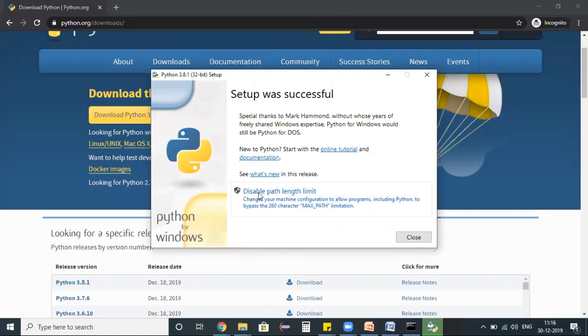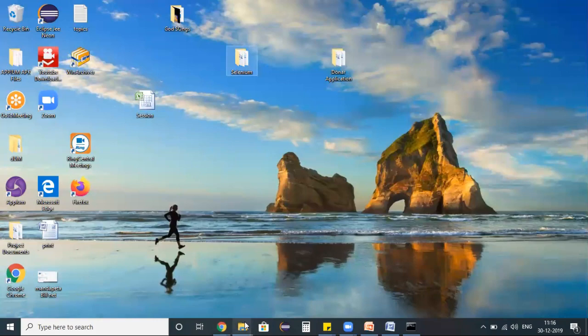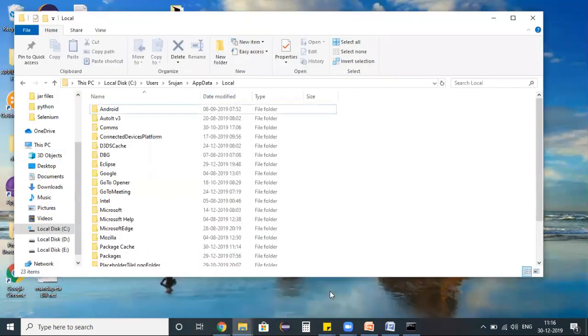And here a warning message it is displaying, disable path length limit. I'm just clicking on that particular warning message, nothing more than that. So once this is done, the setup was successful, close this pop-up. Now what I'm going to do right now means, we choose the option to update that particular path in